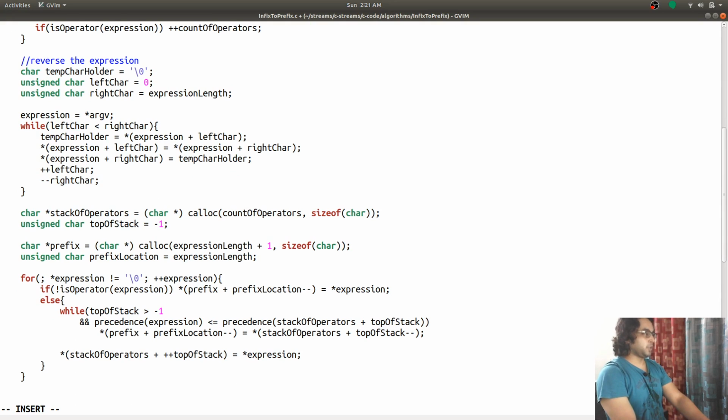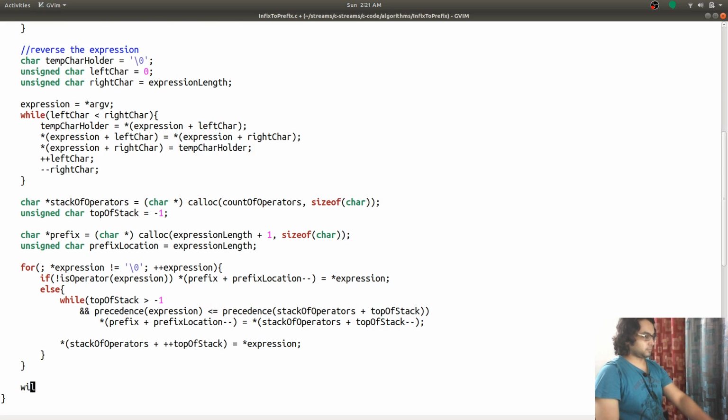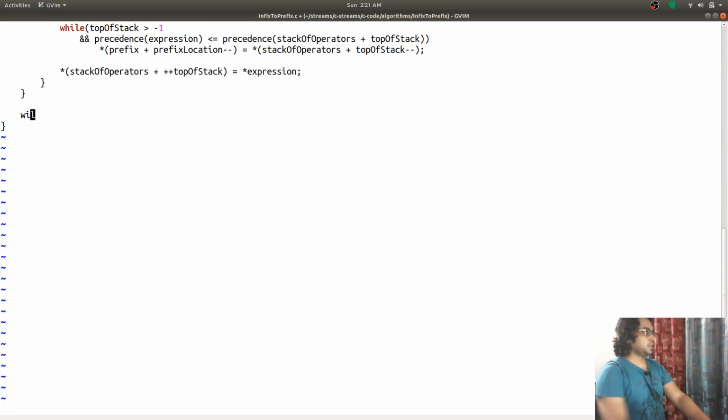Now we need to see that while the stack is not empty, we pop all the values and store them in the prefix.